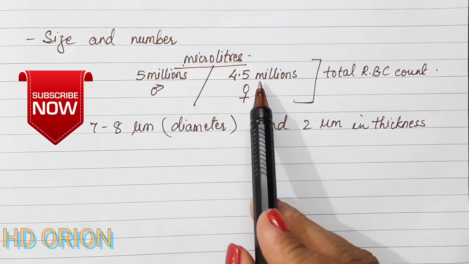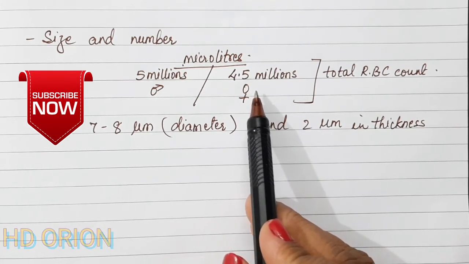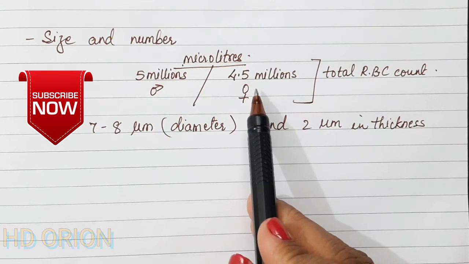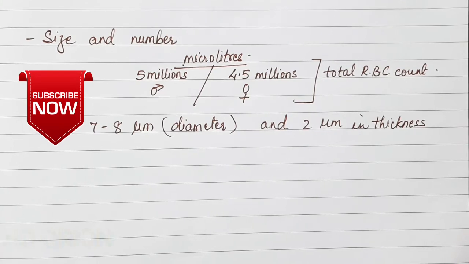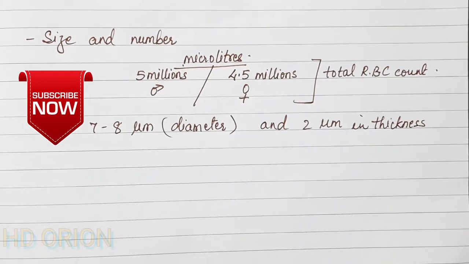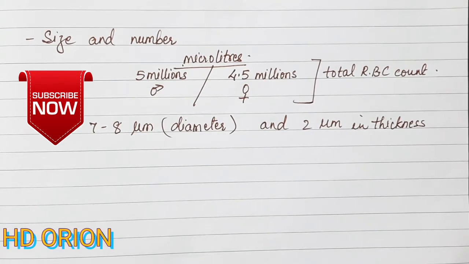However, this number may alter. Sometimes when human beings move from one place to another, from the plains to the hilly regions, the RBCs increase, because it is the function of RBCs to help in transport of oxygen. In hilly areas, there is oxygen depletion felt by the body, and for compensating that, the RBCs usually increase in number. And also when there is hemorrhage or whenever there is loss of blood, the body induces formation of RBCs at that time. So whenever the RBC count becomes lesser, the formation of RBCs is triggered.